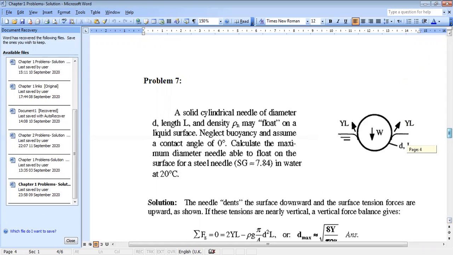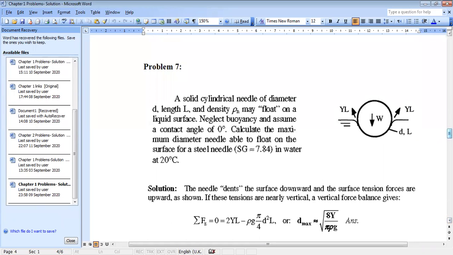Okay, I will repeat. I am saying that in this problem, when we solved it, we just considered 2y times L. Because as you can see in the figure, they have drawn the surface tension forces that are tangent to the following curvature. Okay, so whenever you put your cylinder, the water will form curves around the cylinder due to its geometrical shape. Okay, so from this figure here,